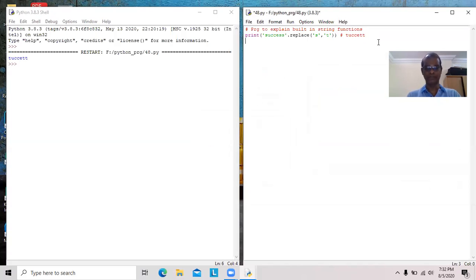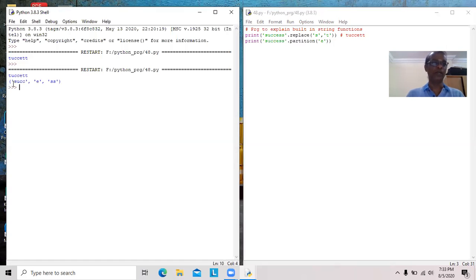Then we should go for partition. SUCCESS is the calling string. Here partition. So we have to specify one character where we have to partition. So two brackets. You will see the output.